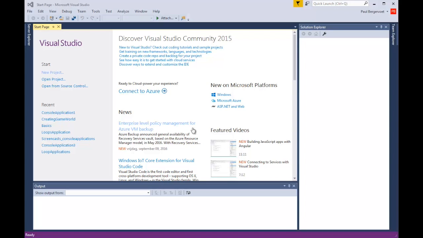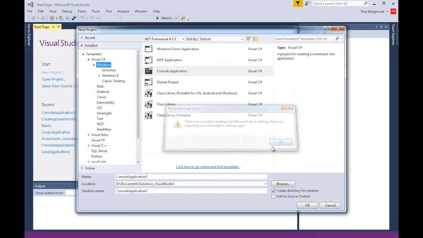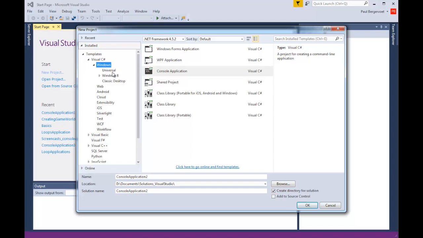So I've started Visual Studio, and it's on the start page, and I'm going to create a new project. And I have this stupid message, so we'll just click it away. And you get a window for new project, and there are a few things here we need to pay attention to. So for instance,